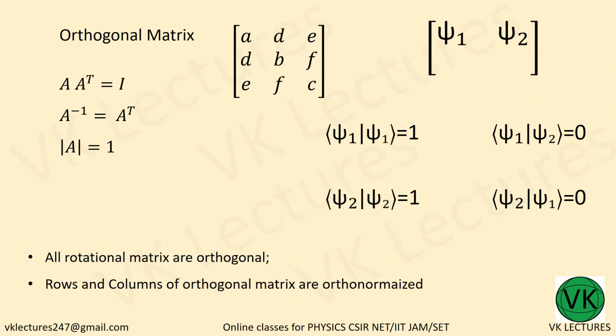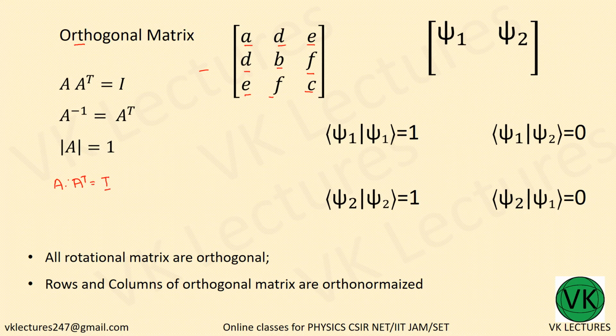Orthogonal matrix. Another category of matrix is the orthogonal matrix. Let us just define an orthogonal matrix here. It will be of the form A, B, C, the diagonal elements, D, E, F, the off-diagonal elements, and here also this will be similar to the symmetric matrix. Now the peculiarity of an orthogonal matrix is A times A transpose is equal to I, where I is